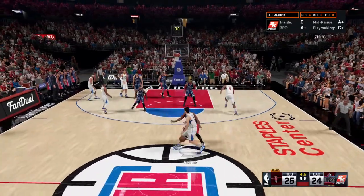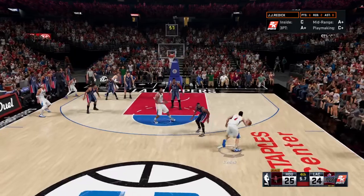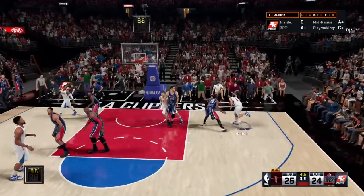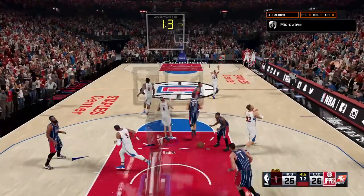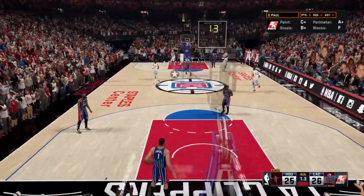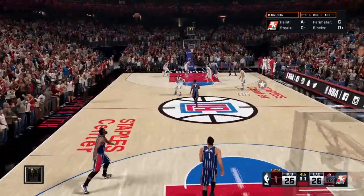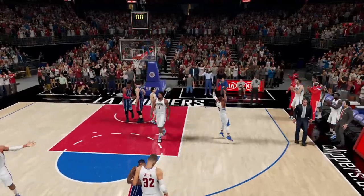Now, here's Redick. It's in! That's as good as it gets right there. Beautiful reverse layup in traffic. Harden. Oh, that shot had a chance, but no good. So it's